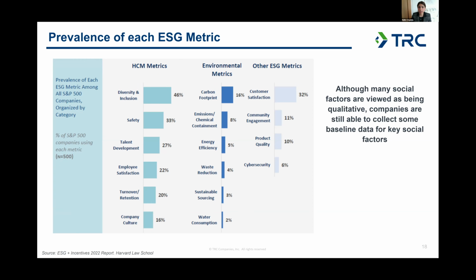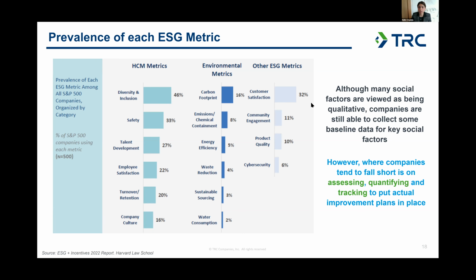But as you can see on this chart here, looking at the human capital metrics as well as other ESG metrics, we are starting to see greater prevalence of data. And now that these factors are, many of which are quantitative, some are qualitative, but even with the quantitative ones, we are starting to see an uptake in terms of what companies are disclosing. So now that we're seeing the data collection move in the right direction, what we need to see more of is companies to assess, quantify, and track essentially these KPIs, so we can better enhance and develop some of the programs and have targets out there that are actually credible.